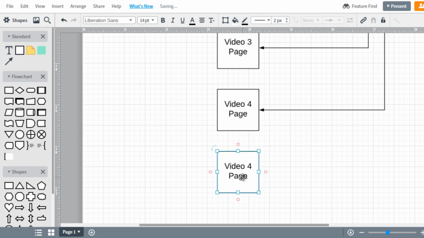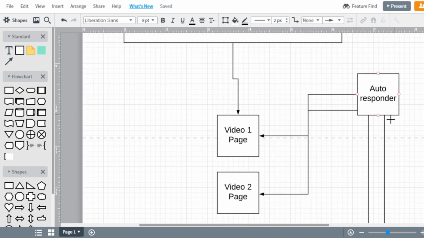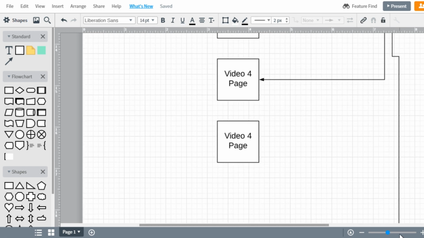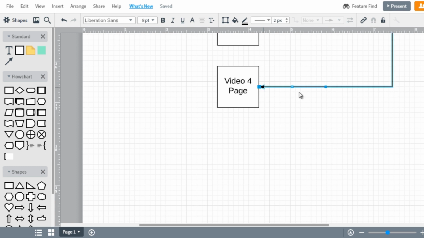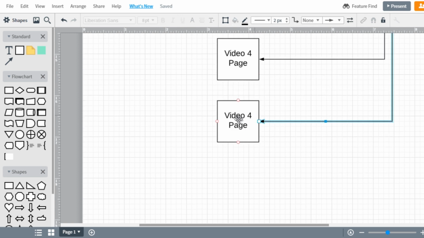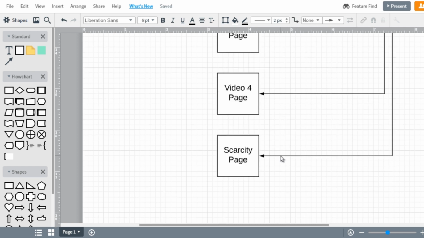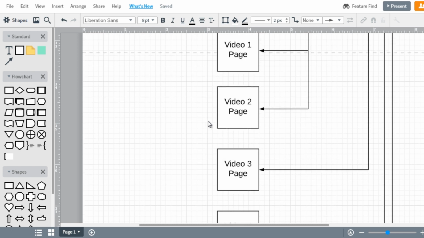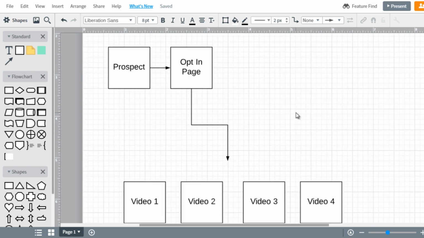So after they get the offer, you decide how long they have to act before the offer disappears. And you can set up a scarcity page that says something like sign up here before it ends. So that's getting a little bit complex, but if we go back to the basics,